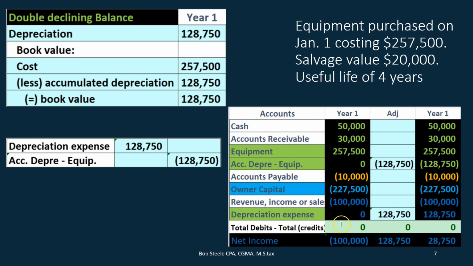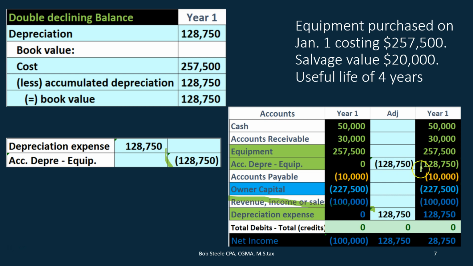Depreciation goes from 0 up in the debit direction to 128,750 from posting this transaction here. And what happens to net income? 100,000 less the 128,750 brings it down to a loss. We're losing in net income by 28,750. So revenue is actually good, the credit is good, less the expense, which kind of is bad, means we have a loss, 28,750 in year one. And the credit is going to be going to the accumulated depreciation at 0 up in the credit direction to